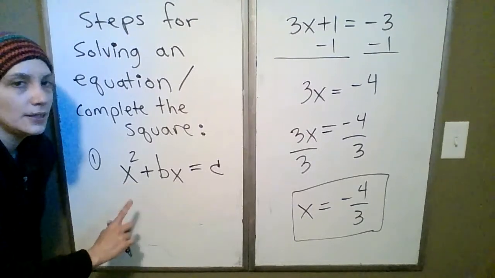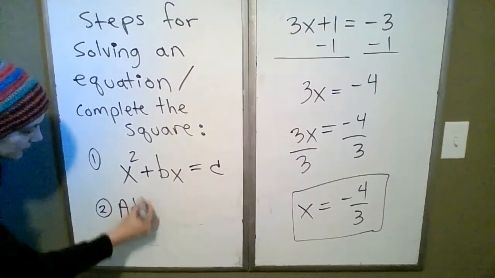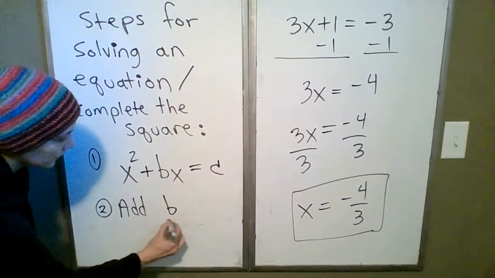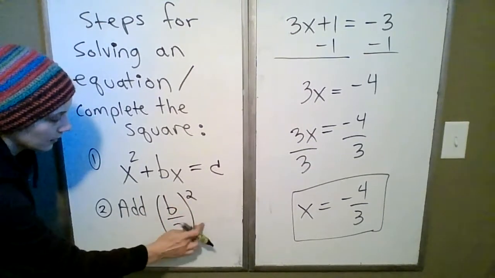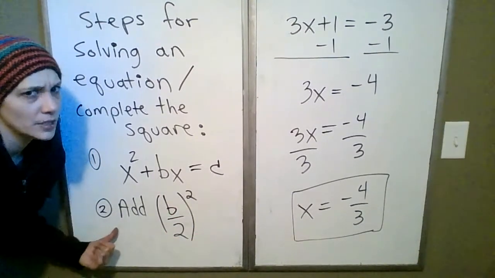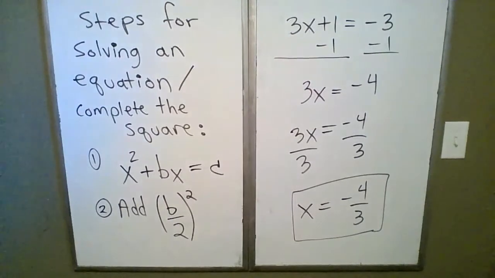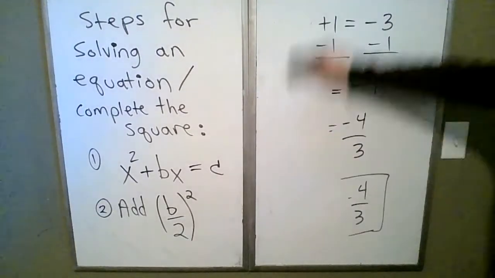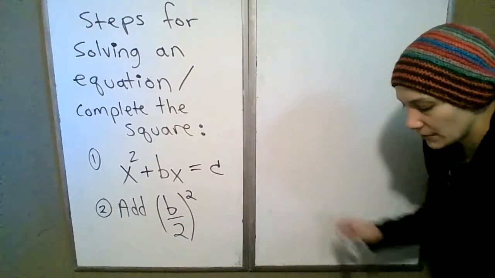Okay, then you have to add a special value. You take whatever number is with x, divide it by 2, and then square that. In the past, I would usually suggest to students to try to memorize this part. Then, with that value added to,